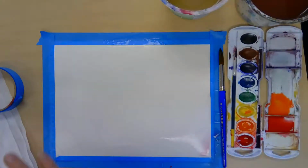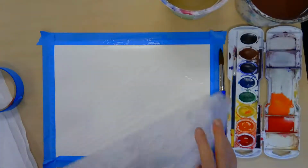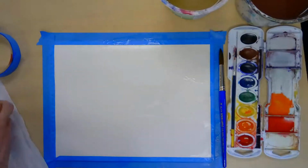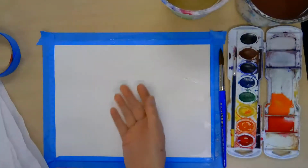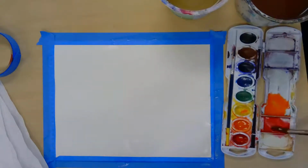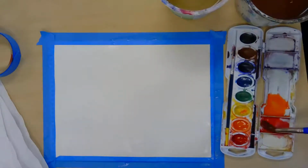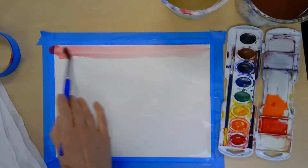Next, I want to take some paper towel and blot the extra water. I don't want it to be super wet. I don't want it to look like a giant puddle of water, but it still should be pretty damp across the surface. Okay, so I'm going to start with my red paint. I'm going to grab just a little bit more so it's nice and strong, and I'm just going to paint this across the top,